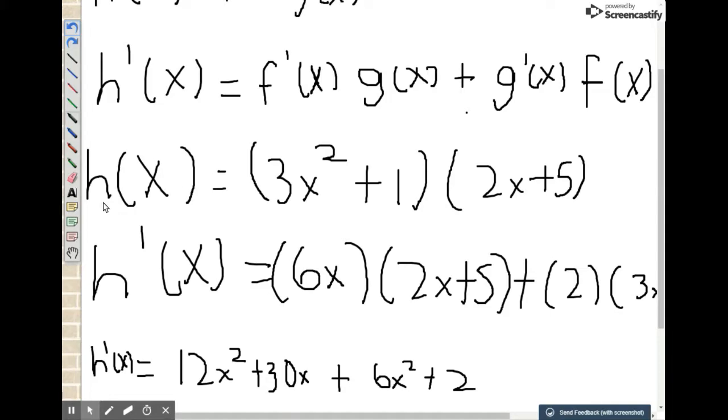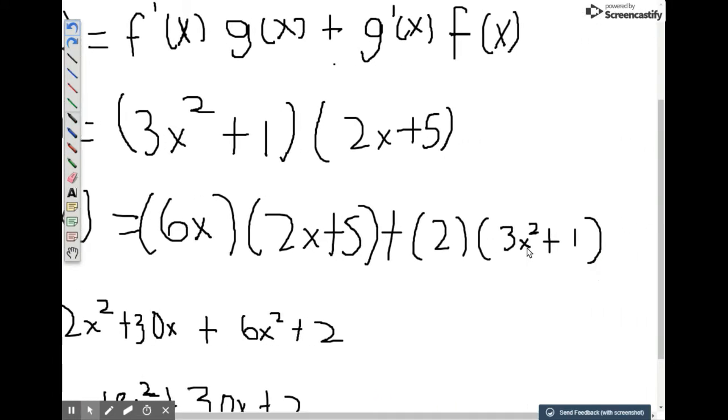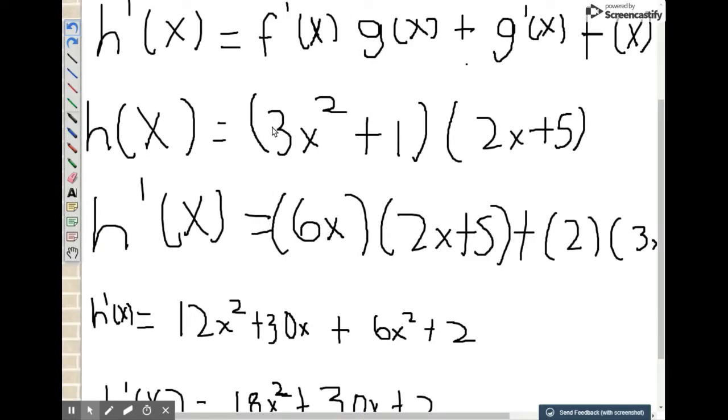This is the first example right here. h of x is equal to the quantity 3x squared plus 1 multiplied against 2x plus 5. And we will put h prime because we're finding the derivative. I got 6x times 2x plus 5, plus 3x squared plus 1. I got 3 times 2 is 6, and then I subtract 1 from the exponent, which is 6x, and the derivative of 1 is 0. And then I take g prime of x, which is 2, because 2 times 1 is 2,